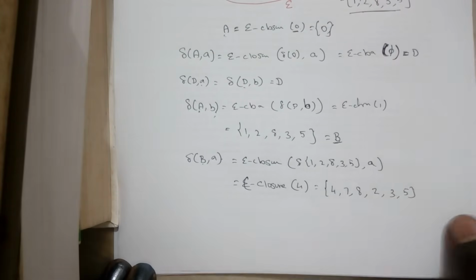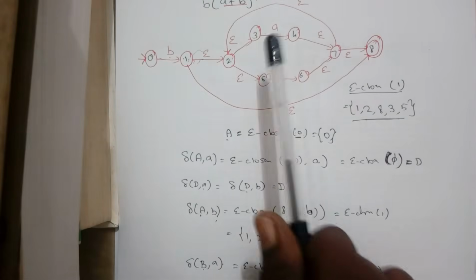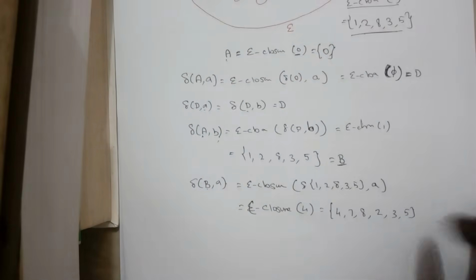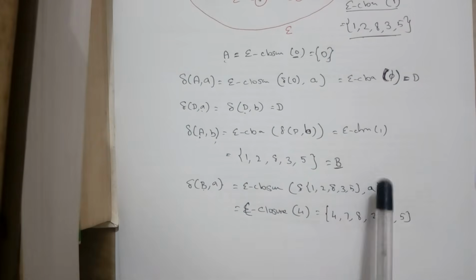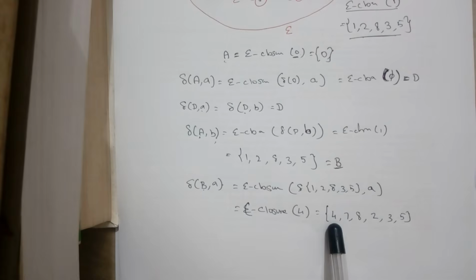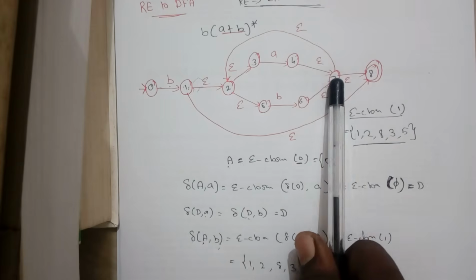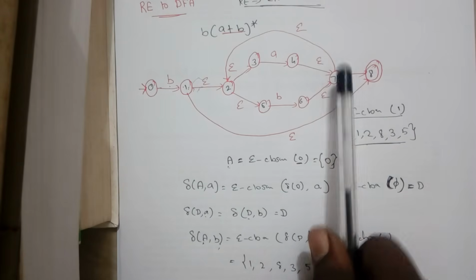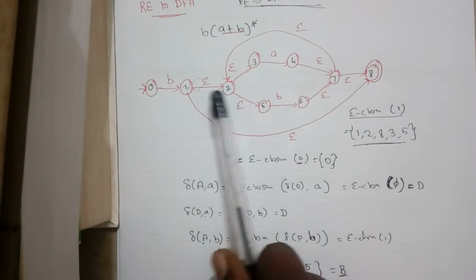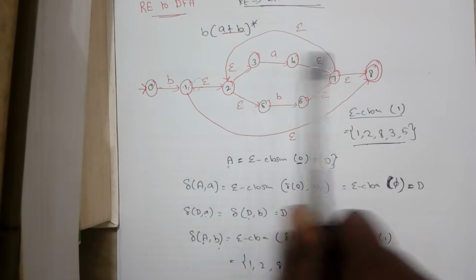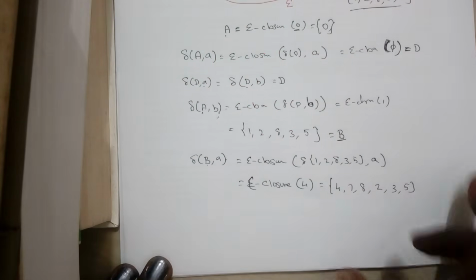So here in the given epsilon NFA diagram, there is only one A transition, that is 3. When the input is A, we have a transition. So here in this state we have 3. So 3 on A, it goes to 4. Now we want to find E closure of 4. First we have to include 4 and we have to find all epsilon paths from this 4. So from the state 4 it goes to 7, and from 7 with epsilon as a transition, it goes to 8, and again it goes to 2, and from 2 when the input is epsilon it goes to 3 and 5. Okay, so these are all the possible transitions that are included in E closure of 4.